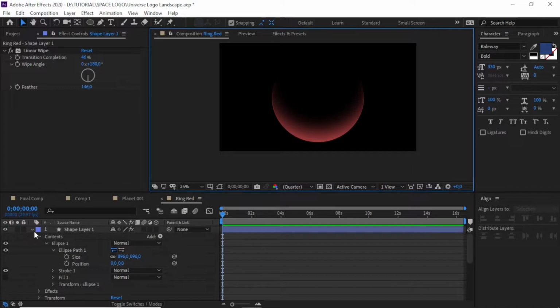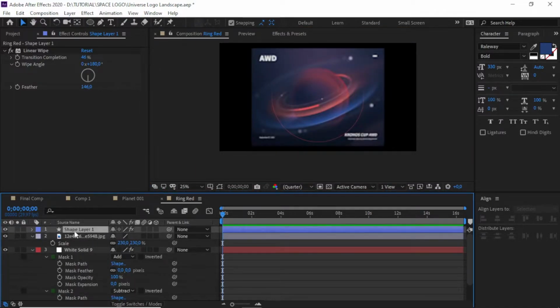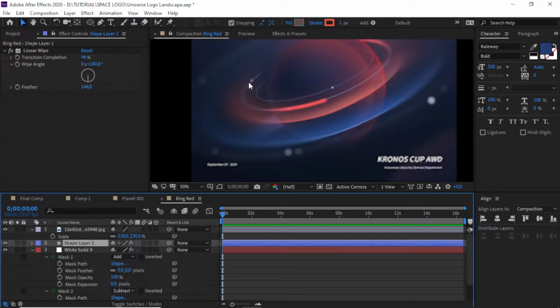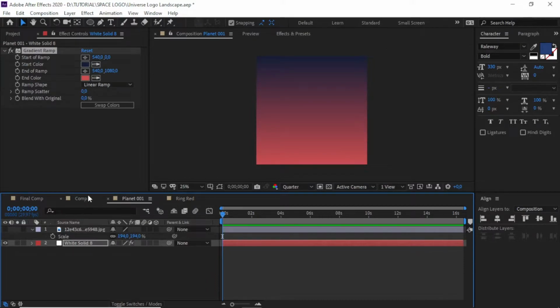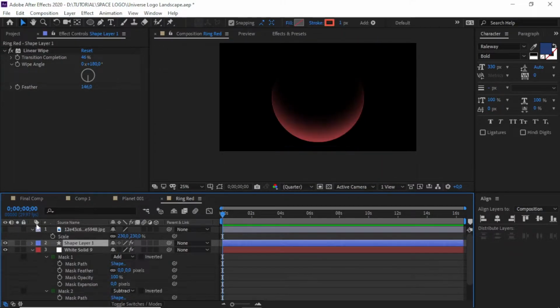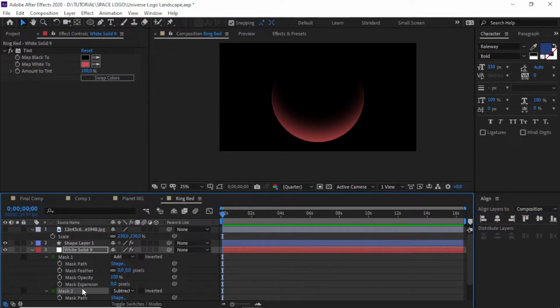Back to our image reference. The back side is very blurry, so on the ring we need to make the mask something like this, because we need it almost circular.